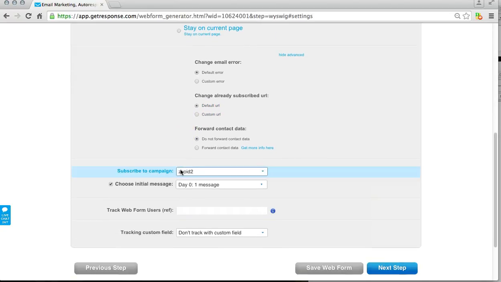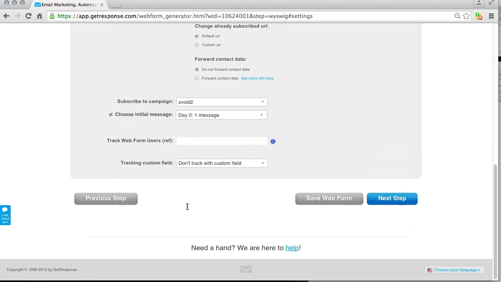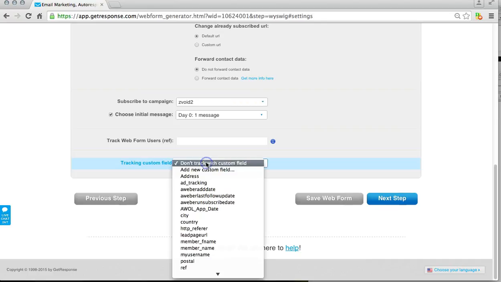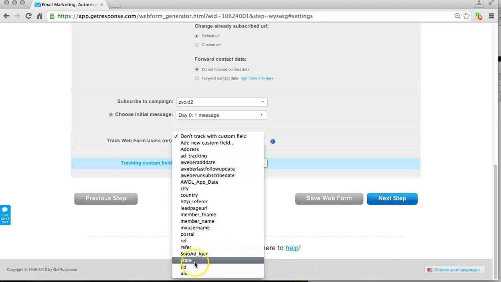So we want to scroll down to the bottom of this form, and we want to select the tracking custom field. Now this is the field that you created in the previous training with the short code that we updated with your Doobly business ID and your Doobly refer a friend link. So what we want to do is click on that drop down and select that custom field that we created,